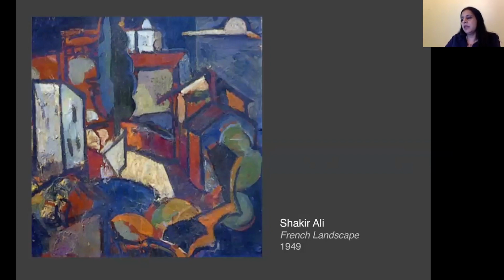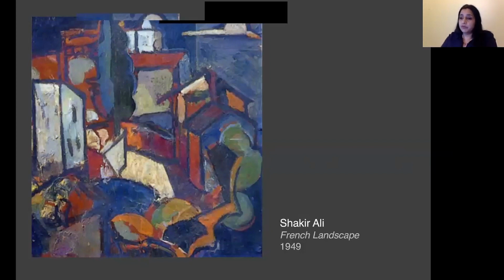End quote. Elsewhere, he noted, and I quote again, "I realized fully well that Pakistan was a young state, which urgently needed its own artist, so I decided to return." End quote. In 1951, Shakir returned to Karachi and then joined the Mayo School of Arts, Lahore, in 1952 as its faculty member. Because of his intellectual nature, he immediately bonded with the Lahore Literary Circle, and I'm referring to the Lahore Literary